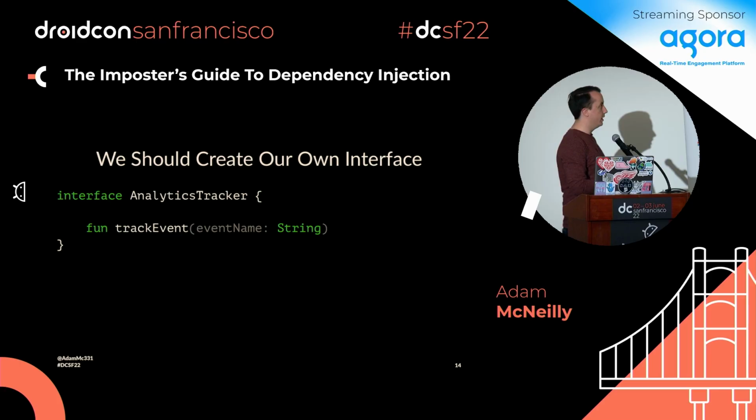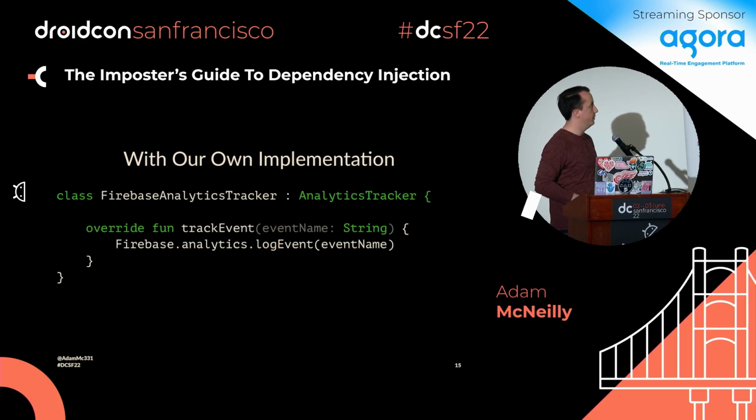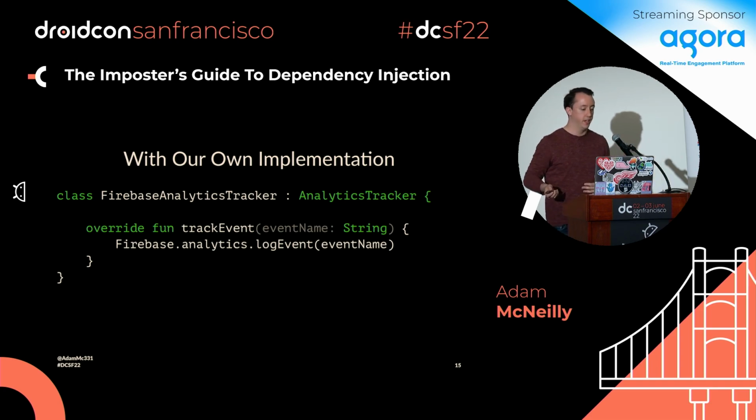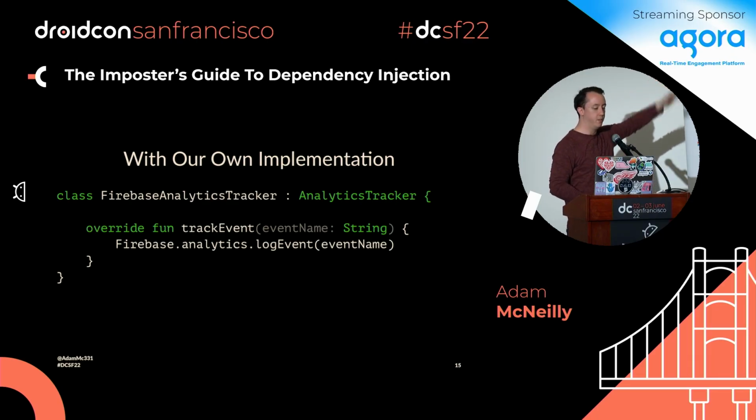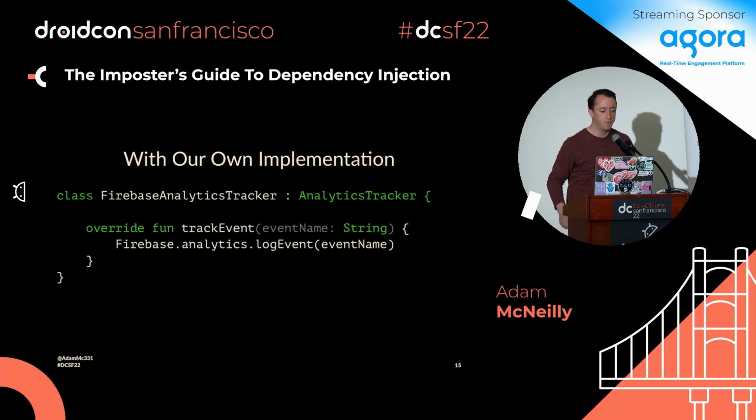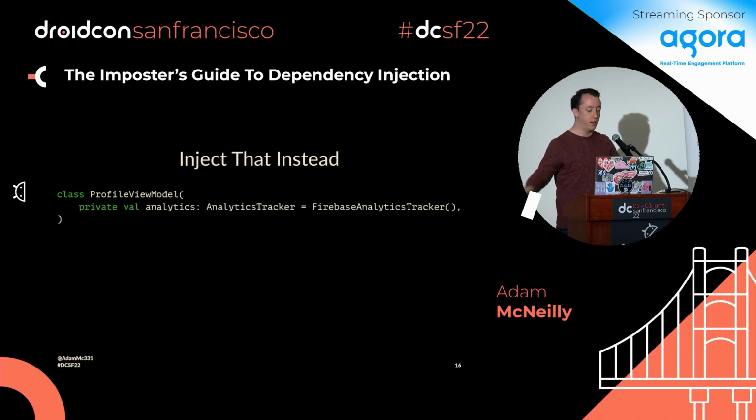And then by using an interface, we can create our own implementation for this. We can create our own class called Firebase Analytics Tracker that implements this interface. And then in its track event function, we can just call Firebase directly. Now this class itself, you could argue, is difficult to write tests for. But again, maybe we don't need to. I want the testing perspective to be focused on our profile view model and how it interacts with some sort of analytics tracker. But now that we've created our own interface, we can go ahead and tweak our profile code